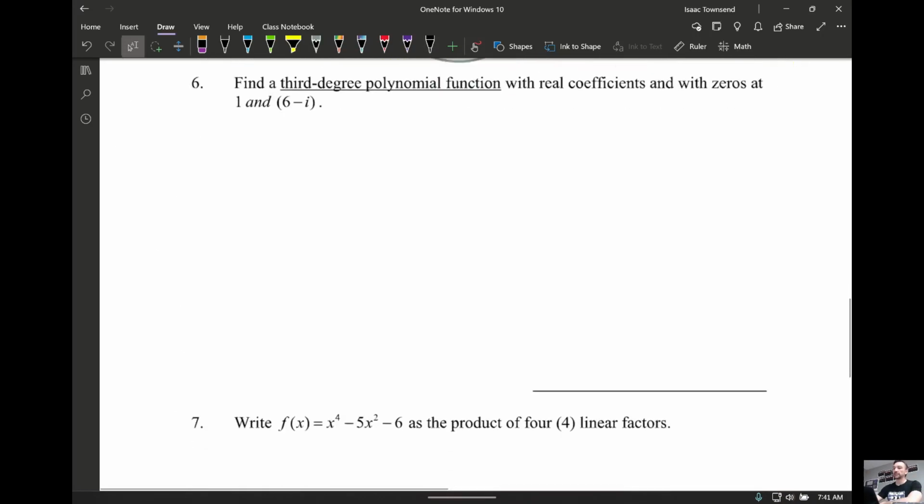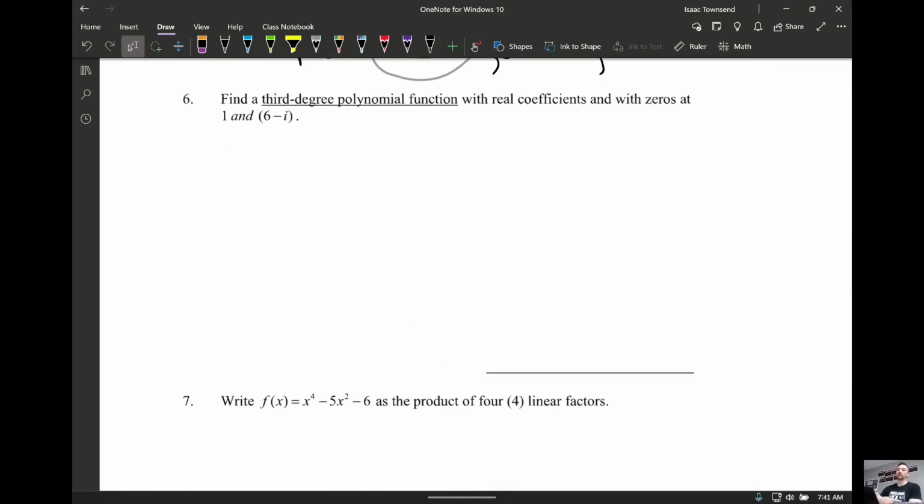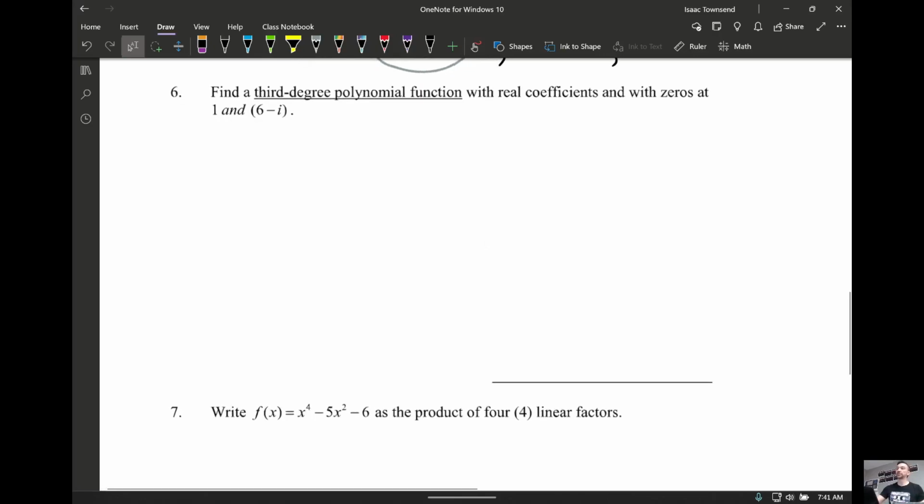Okay, so let's skip to 6 and 7, and then we can move on to the book work. So 6 is like working one of these questions backwards, and then 7 is really not any different. It's just making sure you're familiar with those directions. So by working this backwards, what I mean is, instead of us telling you what the function is and you